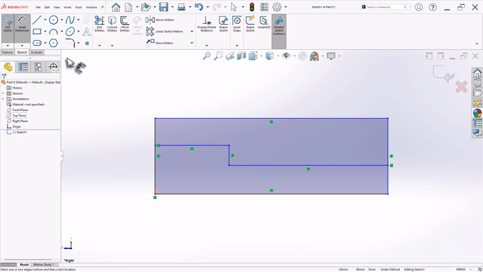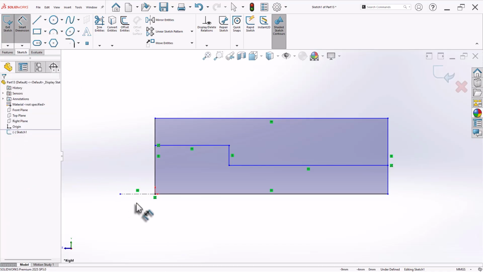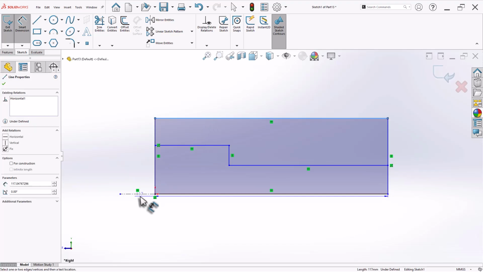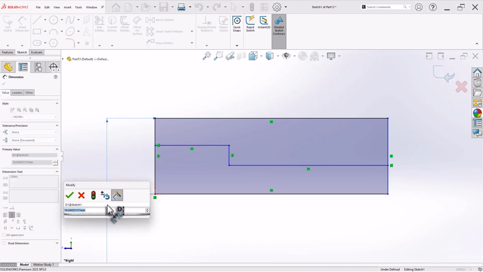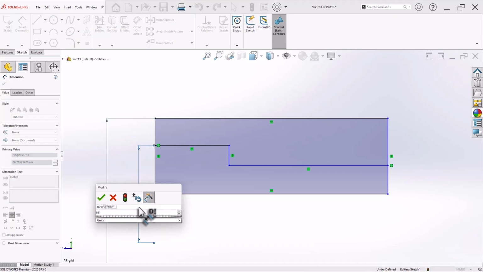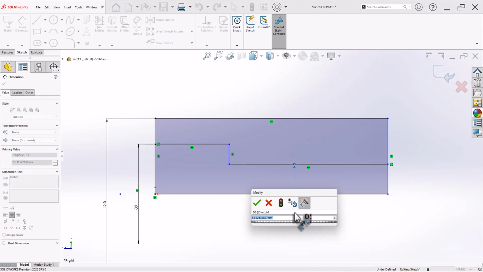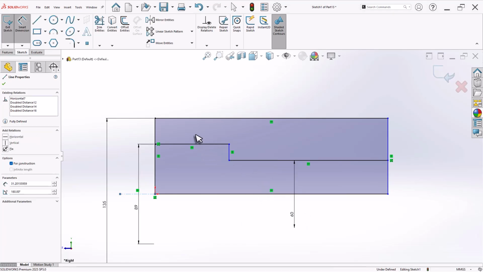Now let's add dimensions. Before that, let's add the center line. So the overall diameter is 135. This diameter is 89. And this diameter is 60. Press escape